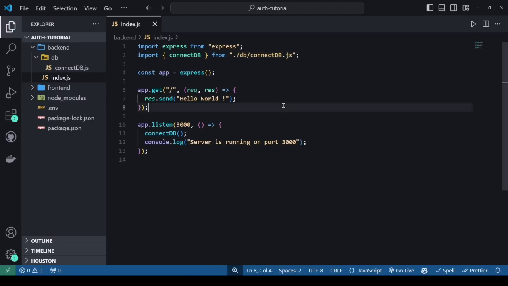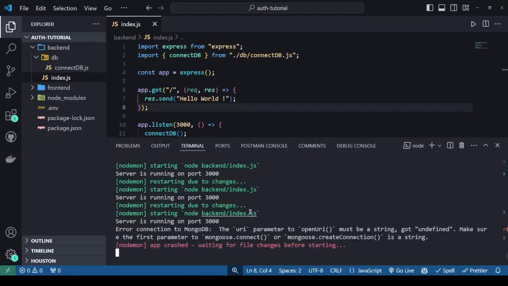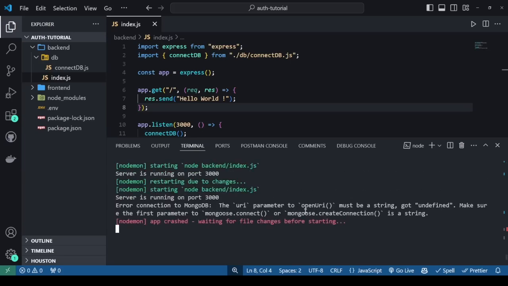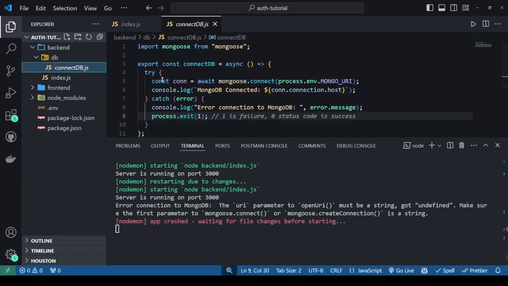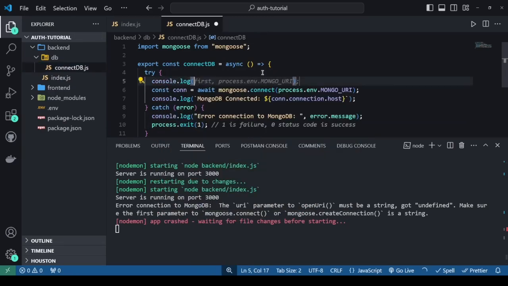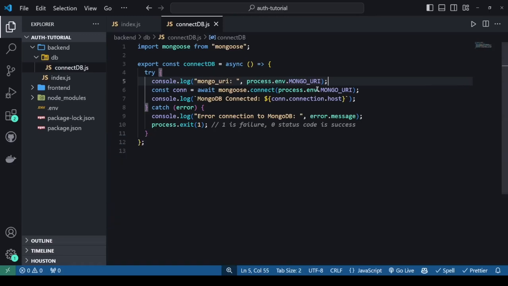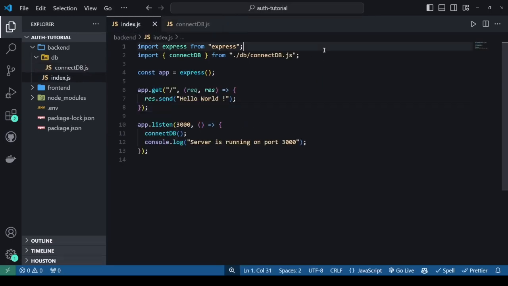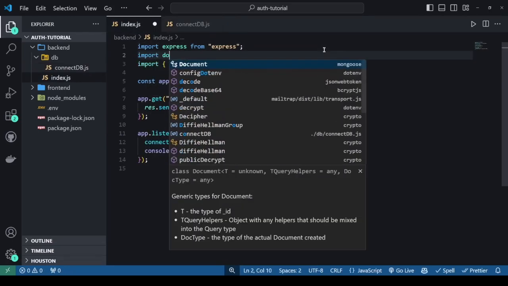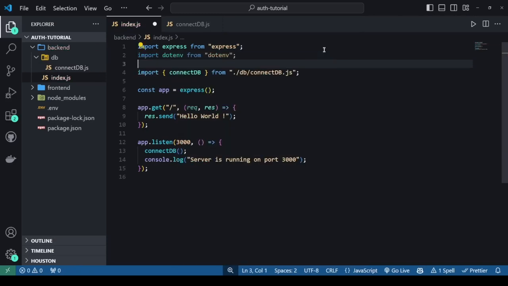Now, if we just try to run this, it is going to crash. Let's see why. It is because here it says the URI parameter is not actually provided. So you might be asking, hey man, I just provided this. Let's just see. I'll say console.log MONGO_URI, and just see this in the terminal. We're gonna get undefined. The reason is that by default you cannot access these environment variables. That's why we imported this package dotenv in the first place. Let's say dotenv, and we need to call